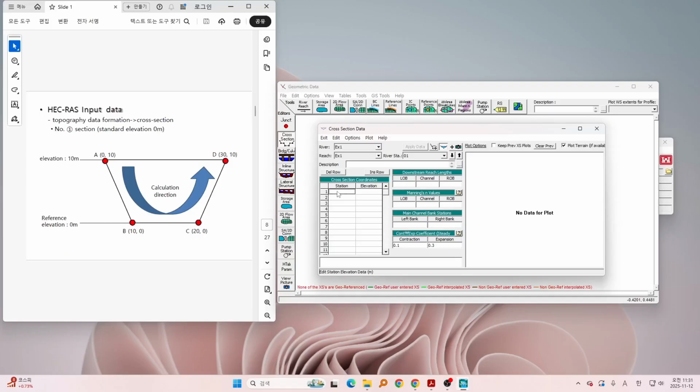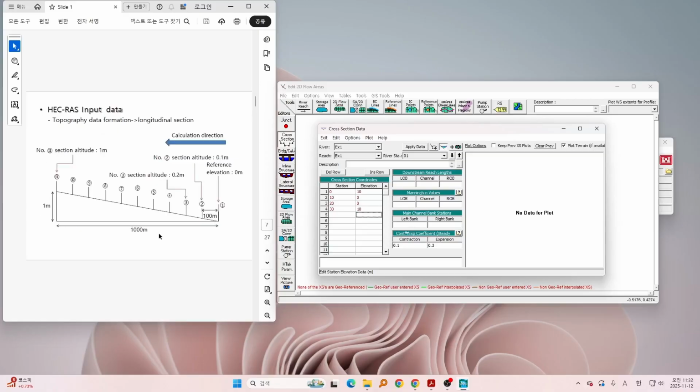So let's go to HEC-RAS. Let's type in 0, 10, 20, 30 for the station on the left. And then go to elevation and type in 10, 0, oops, 10, 0, 0, 10. Okay, and then if you go back to the PDF and look here, we have